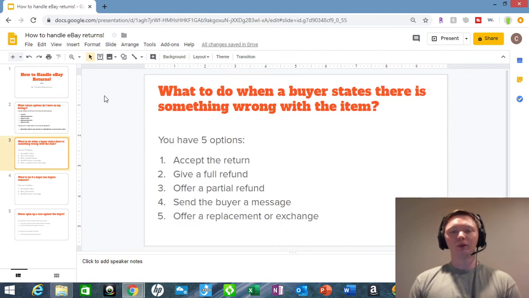So what to do when a buyer states there's something wrong with the item. Again, this is off the eBay website. These are the 5 options that you have when this happens: you can either accept the return, give a full refund, offer a partial refund, send the buyer a message, or offer a replacement or exchange. So what I always do when this happens is I send the buyer a message